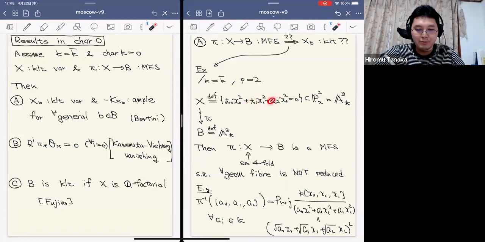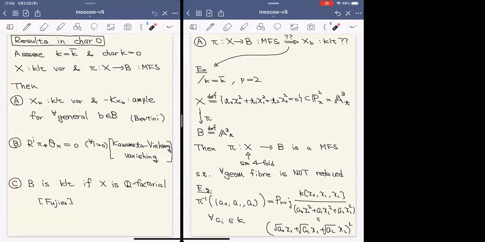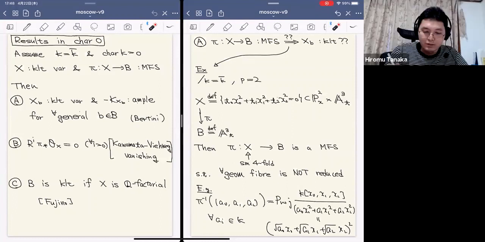I think we can erase one of them, but if we erase both of them, then this becomes x1 plus x2 squared, which is not smooth. So we can erase one of them, but if we erase two of them, then I think it's too much. I see. So I think it is easy to make this two, but for one we need some modification. At least this construction needs such a restriction. Anyway, this is a proof for this one, and I didn't give the details for any other conditions for the moduli spaces.